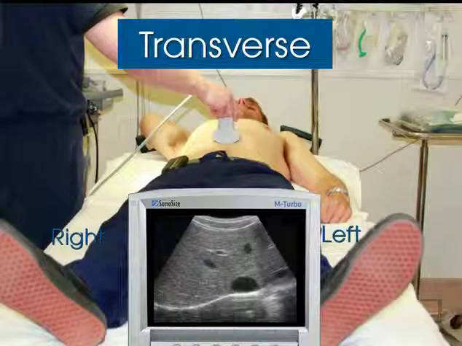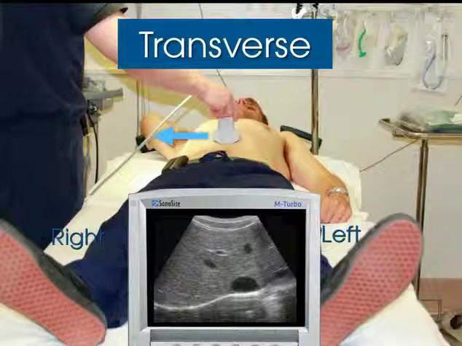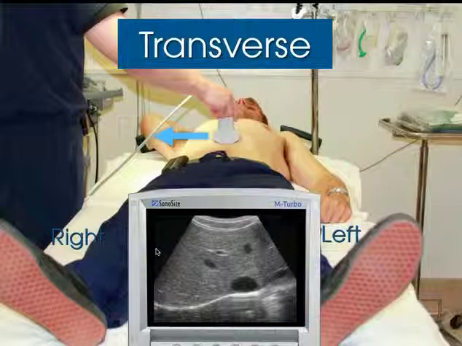Transverse, it's as if we're standing below the patient's feet looking up towards the body. I've got the indicator towards the patient's right, and the IVC appears as a short axis. And it's not unlike reading an axial CAT scan where we have everything over here to the right and everything over here towards the patient's left. Now,